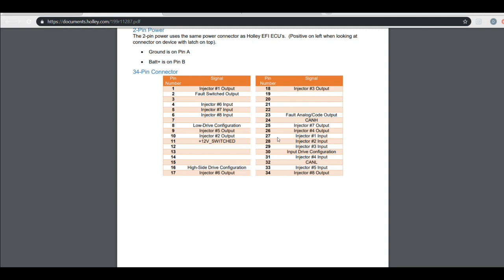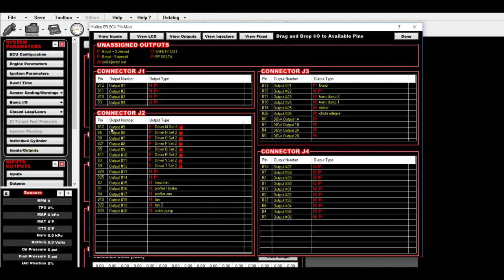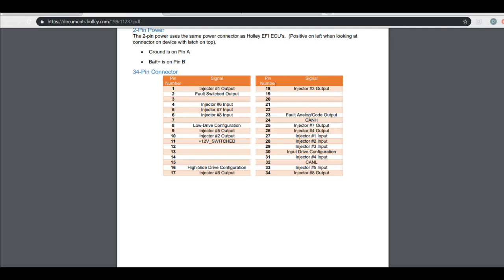So what we're going to do is, on our piece of paper where we just wrote B12, so J2 B12 is injector 1 output from ECU, is going to go to pin 27 on the connector for the injector driver module, and so on and so forth. So this is the input